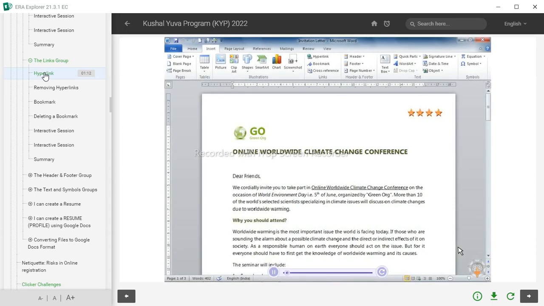Hyperlink. The hyperlink icon is used to create a connection to a location in the current document, another document, or to a website. A hyperlink may be in the form of text or a graphic. Let us create a hyperlink from some text in our document to another document in the same folder. Select the required text. On the Insert tab, in the Links group, click Hyperlink or use the shortcut keys